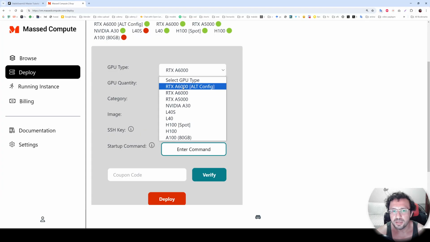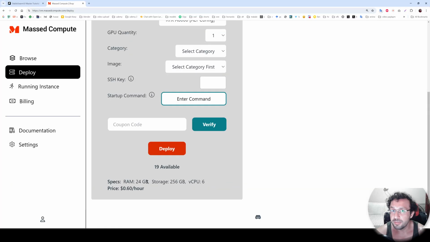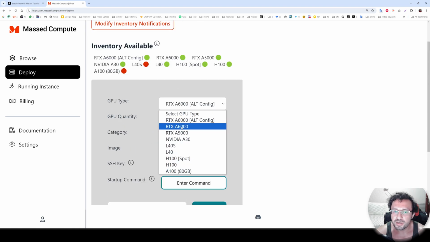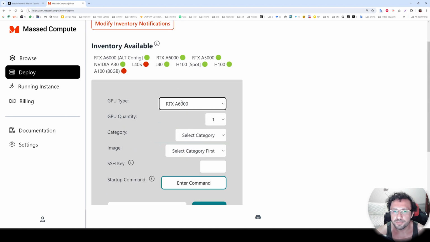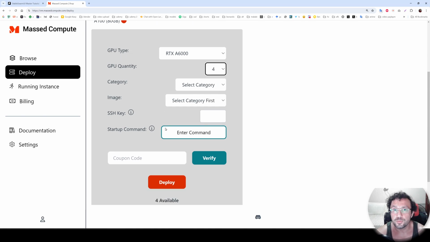And when you select the A6000 Alt Config, you will see the configuration is like this. So the only difference is the RAM amount. If there is no available RTX A6000 GPU, you can use the alt config. In this tutorial, I will run 4 GPUs at the same time, so we will generate 4 images in parallel, but you only need 1 GPU to run Swarm UI.